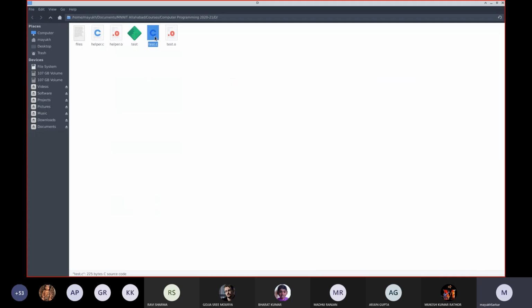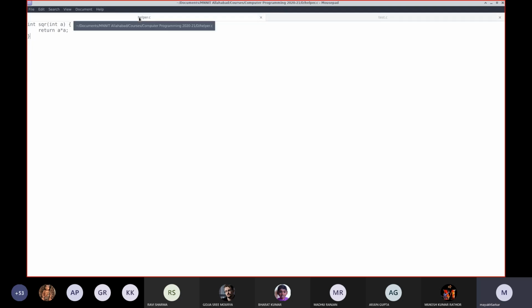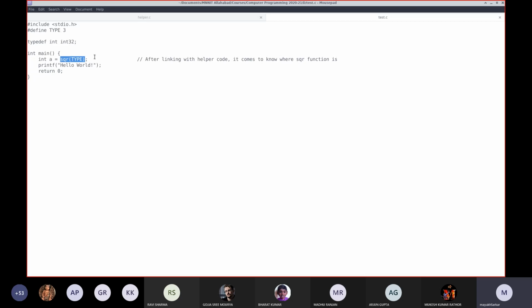Now in test.c, I'm invoking the sqr function from here, and what helper.c is doing is that it is taking this parameter. Let me write this 3 directly here to ease the discussion. A is taking the value of 3. It is doing the calculation, squaring 3, and it is returning 9 here, right? So the square function is returning the value 9 there.